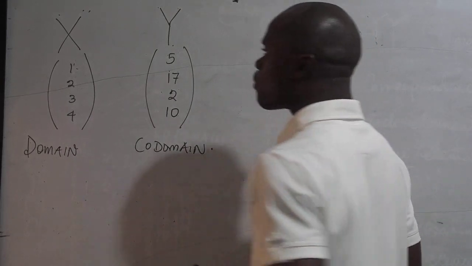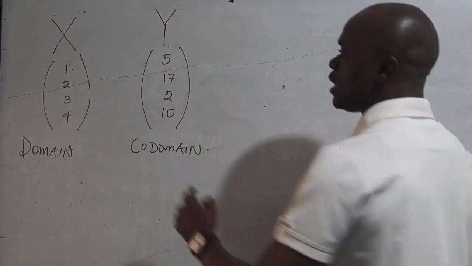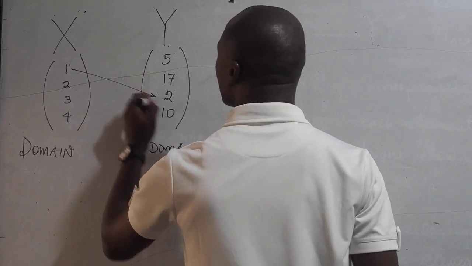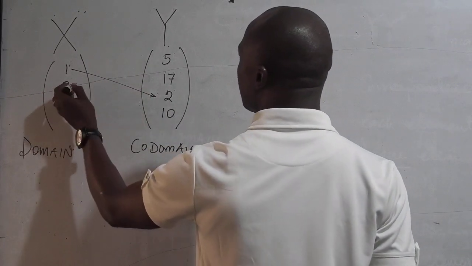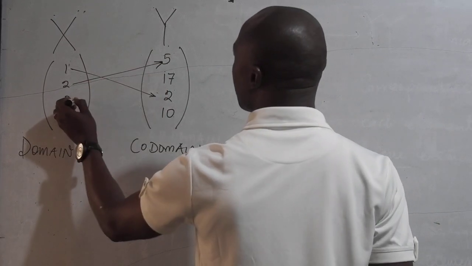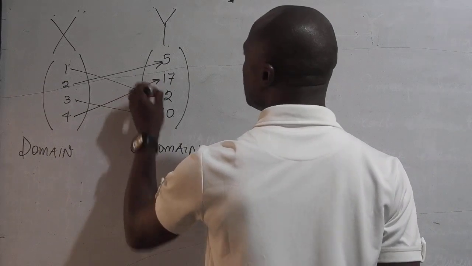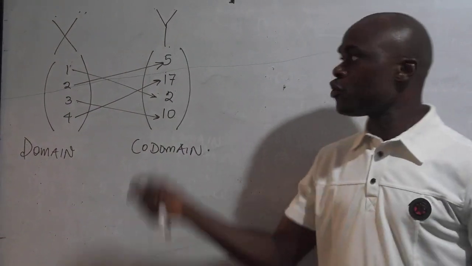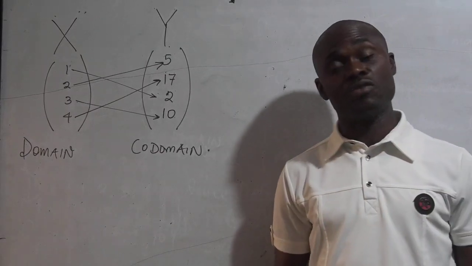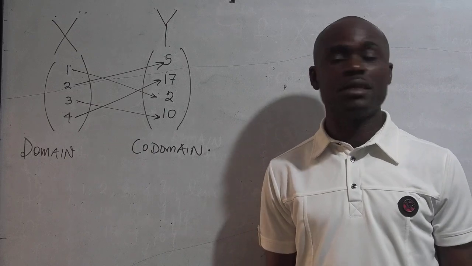So I am going to assign some numbers to some numbers, and I'm going to trace this to this. So we use the word mapping. I'm going to map this to this, this to this, this to this, and this to this. Those arrows are actually called mapping. Another name for functions is mapping, but there are differences anyway. For now, just assume they are the same thing.